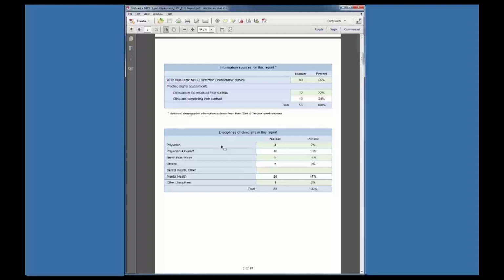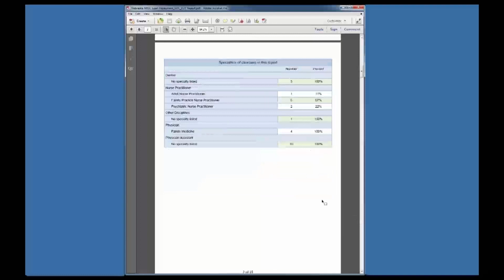Of course, you want to know descriptive statistics. Again, you want to know who is in this report. So here's a breakdown by disciplines. These are your 55 individuals across the various disciplines. And then there's a table of specialties. One thing to notice is that there are 55 individuals total, but there are not 55 individuals in specialties listed on this table. And the reason is only individuals who are in disciplines that have specialties are listed here.